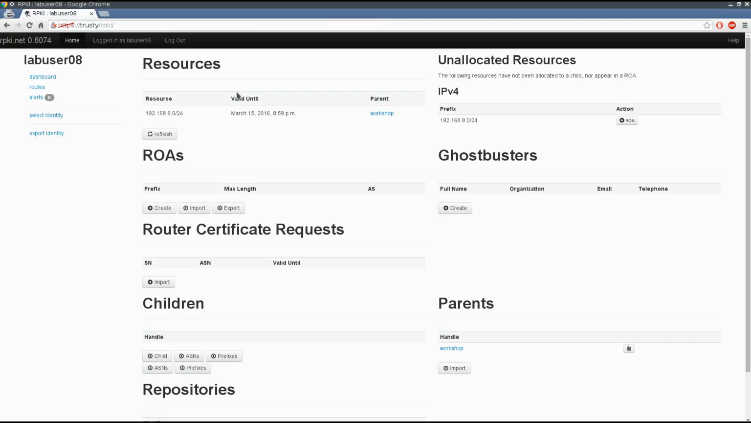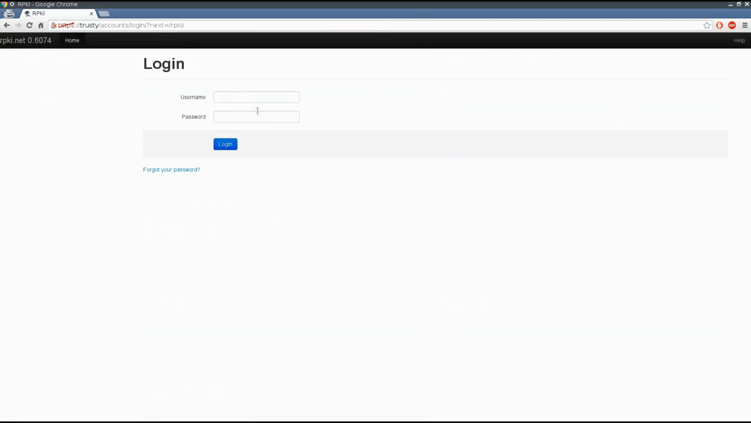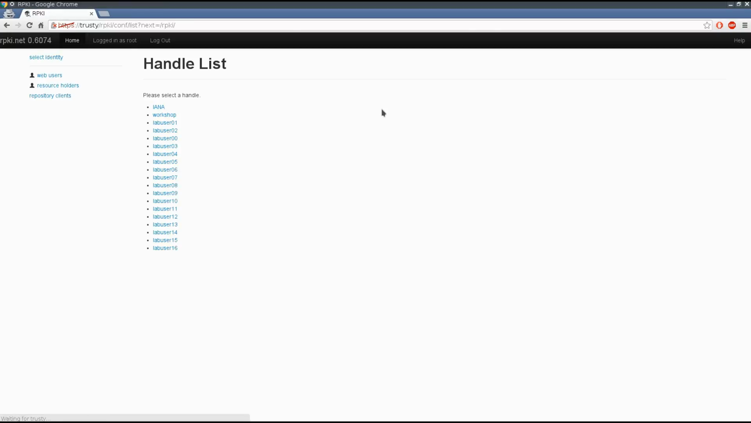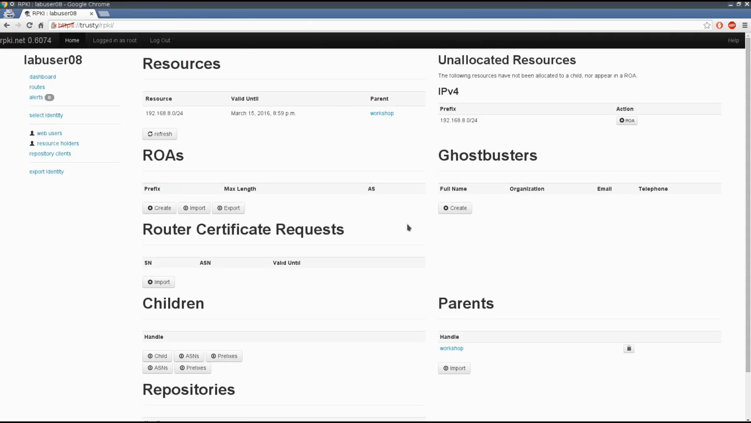So now let me log out of the lab user account, and we'll log in as the root account. The root account lets us switch between all of the different users easily. The root account password is RPKI Workshop. Here you can now see that we have a list of people that we're allowed to become. For example, I can click into lab user 08 and it will show us a screen just as if we had logged in as lab user 08,